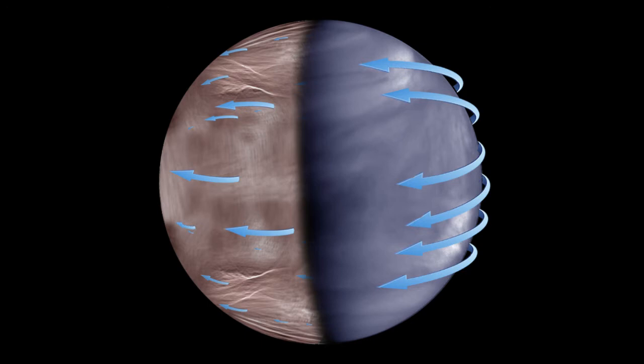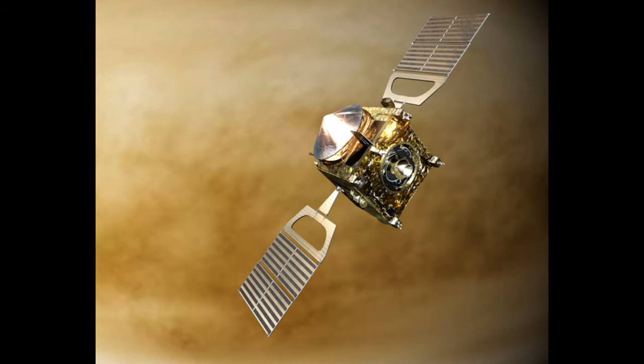In other words, it rotates backwards with the Sun rising in the west and setting in the east. Venus is shrouded by an opaque layer of highly reflective clouds of sulfuric acid, preventing its surface from being seen from space in visible light. Also, because the clouds are sulfuric acid, when it rains on Venus, it rains sulfuric acid, and metallic snow falls